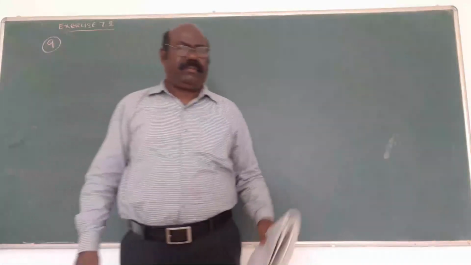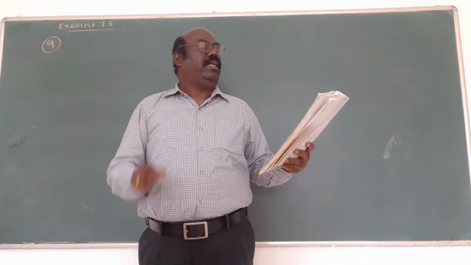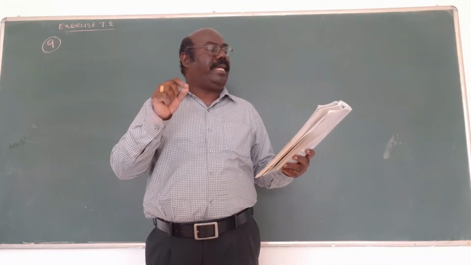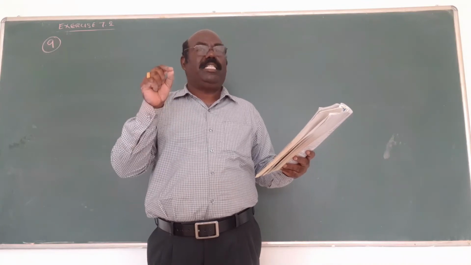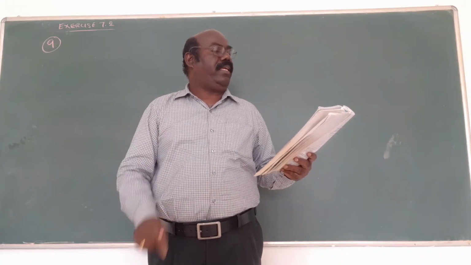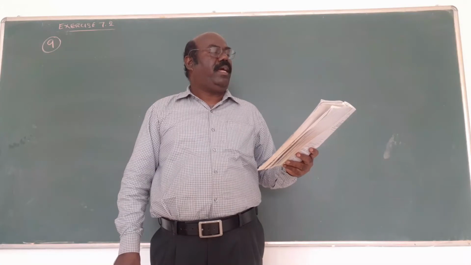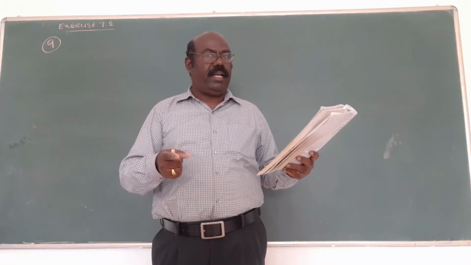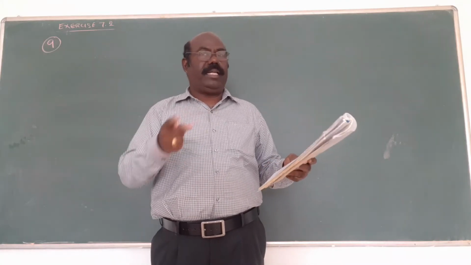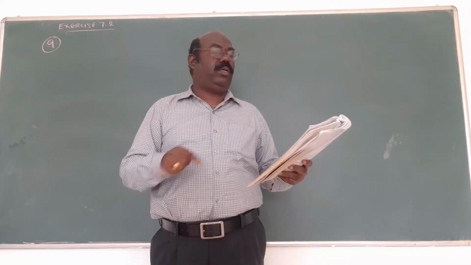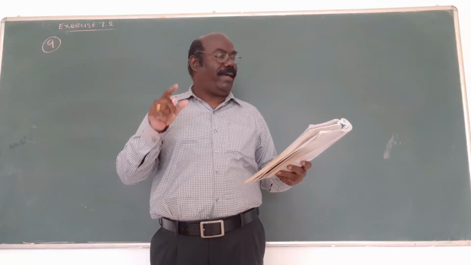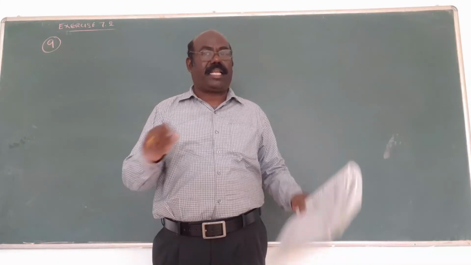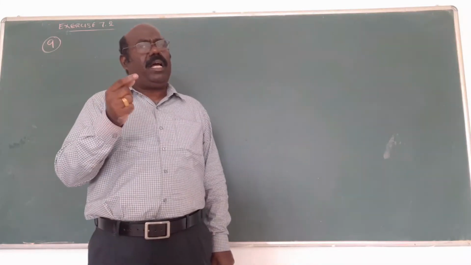Now question number 9. Refer to the book. It is clearly given: the outer and inner surface area of a spherical copper shell is 576 pi and 324 pi. Outer and inner means the sphere is hollow. What is asked? Find the volume of the material, that is, the volume of the hollow sphere.